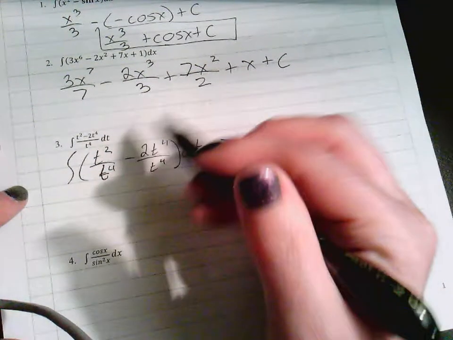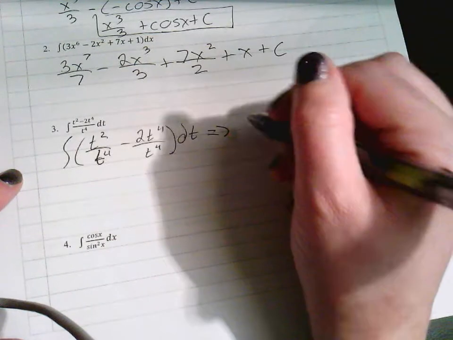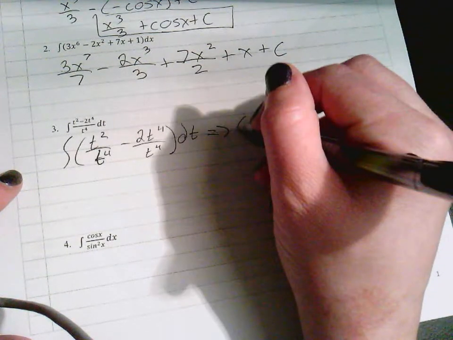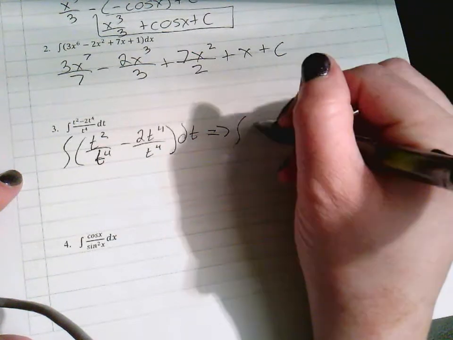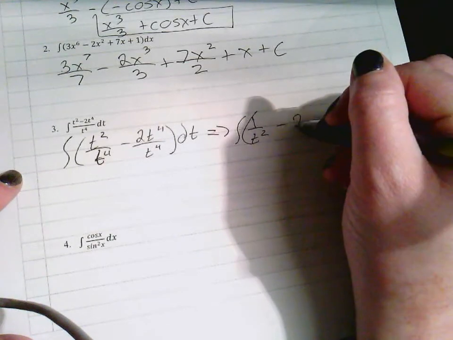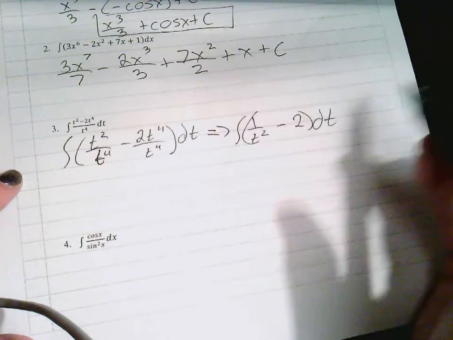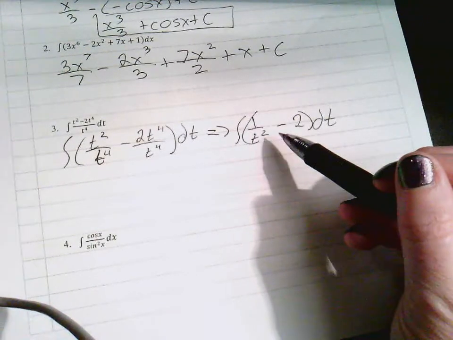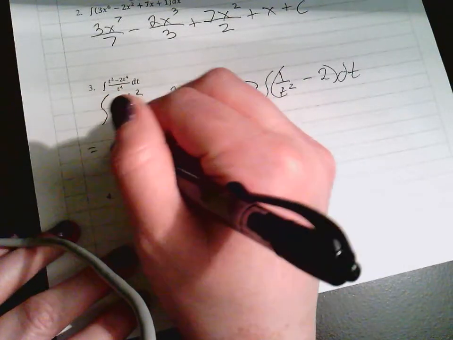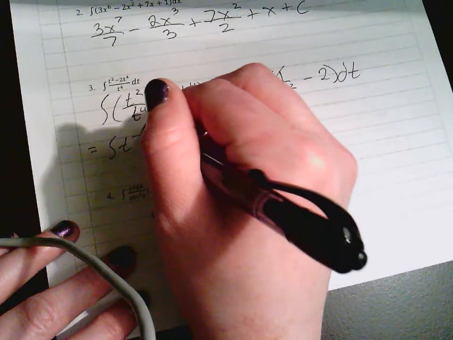Okay, so t squared over t to the 4th is 1 over t squared, minus 2 dt. To make this easier to integrate, I'm going to make that t to the negative 2 minus 2